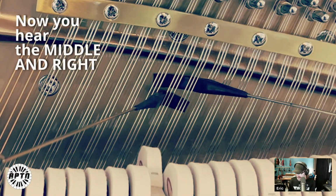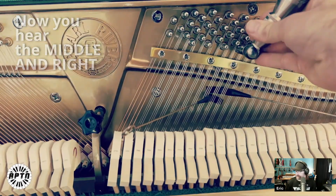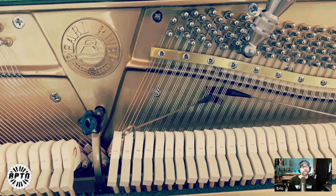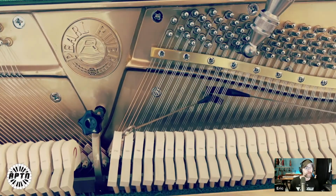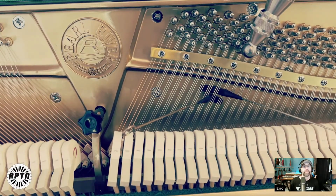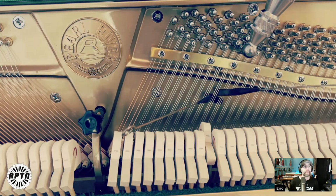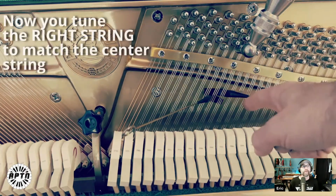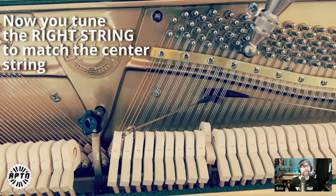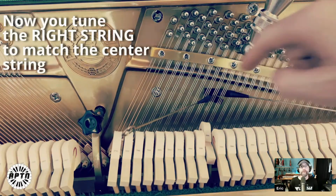When I do that, it opens up the right string. So now you hear the right and the middle. You're hearing both strings together, and if one of them is off, you're going to hear that weird noise, and we're going to tune that out in a minute. So you have the middle string, which sounds pure and perfect, and the lights are stopped on my meter. You reach up, take your right mute out, and move it over to the other set of strings so it's out of the way. Now you're listening to the right string beat against the center string, and that's where we take our tuning hammer and move it down to the bottom pin, which is attached to the right string,